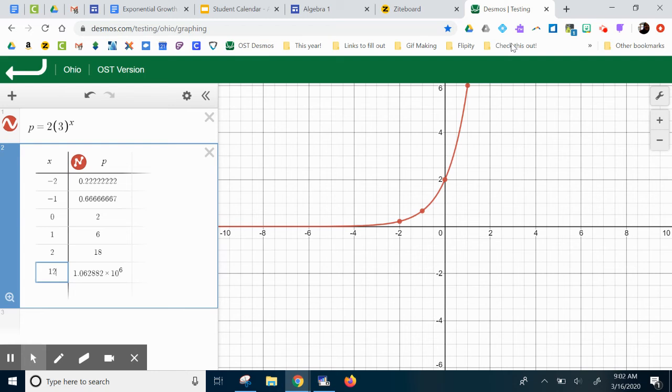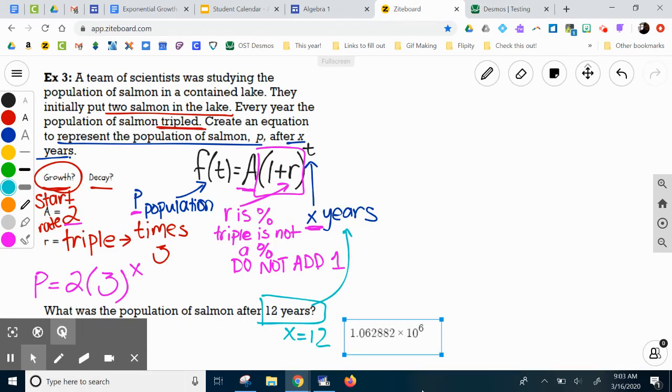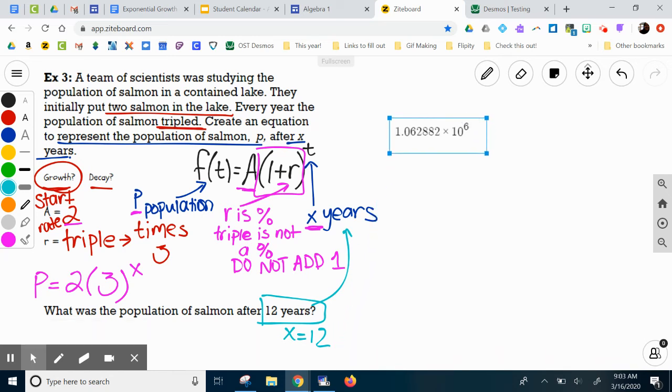So our number of salmon is 1.062882 times 10 to the 6th power. Now this number seems kind of confusing because it's in scientific notation. So what that means is I've got to take the 6 and move the decimal point over 6 places to make the number bigger since it's a positive 6. So that means it's